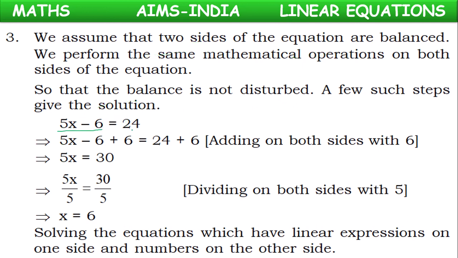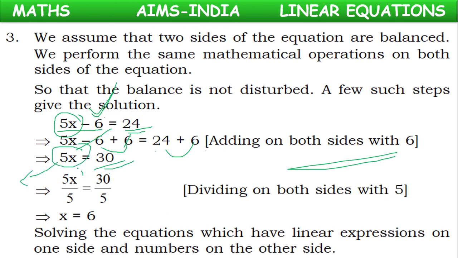So we have 5x minus 6 equal 24. Just now we have learned some rules. We have to isolate x first, but we have minus 6 here. To remove or eliminate minus 6, we can add plus 6 on both sides without changing the equality. So plus 6 minus 6 cancel, 24 plus 6, 30. And still 5x is there. To remove 5, we can divide with 5. 5x by 5 equal to 30 by 5. We can divide with the same number. 5 gets cancelled. 5 6 times 30. X equal to 6. So like this we have got the value.